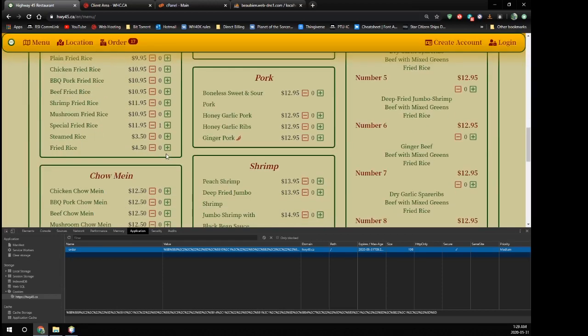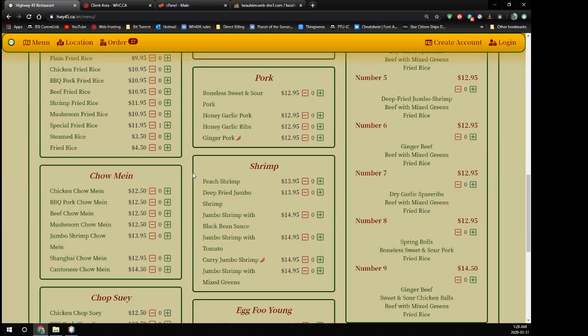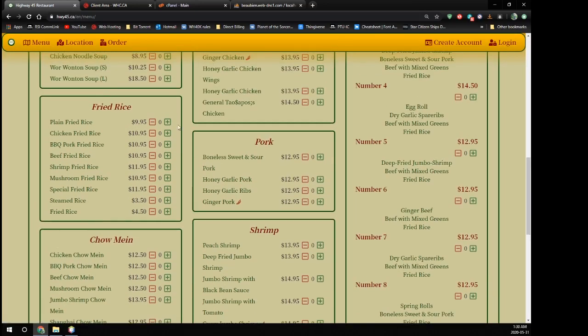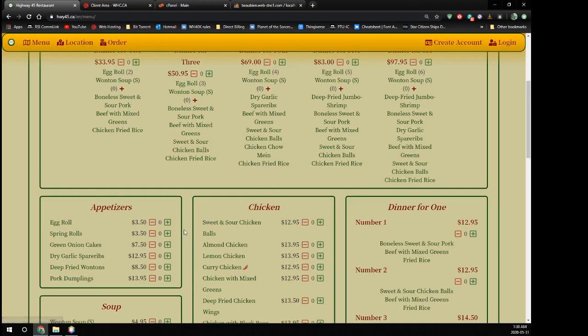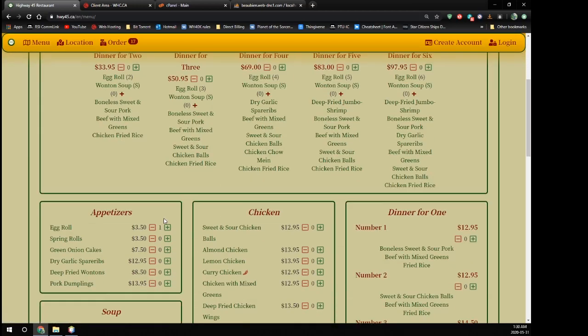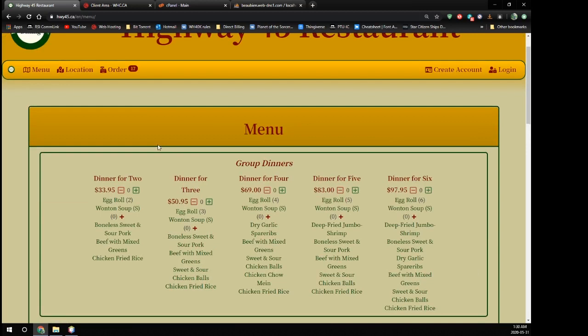What I mean is that if I'm just going to close that, if I refresh my page, note everything is zeroed out again. However, the order still exists in that cookie. So when I go to add something, it's adding that to the cookie and it's popping up there. So what we want to do is